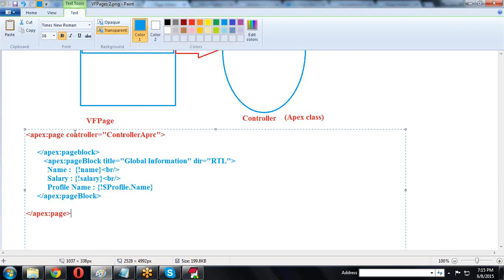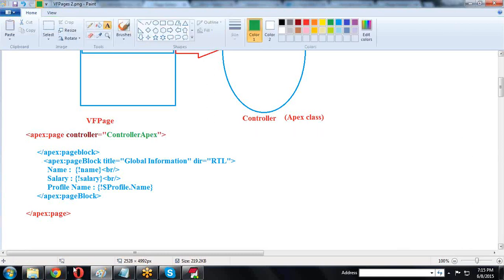Now controller, this is the controller we are using. For the controller, my controller class name is some different class name I am using. So the same class name, Apex, this is the class name.